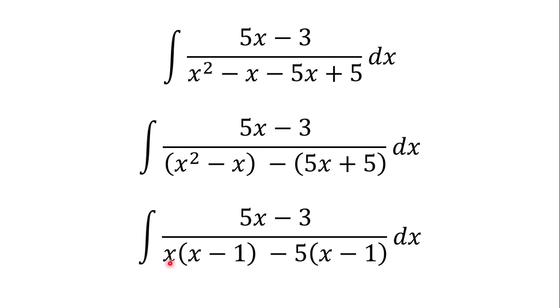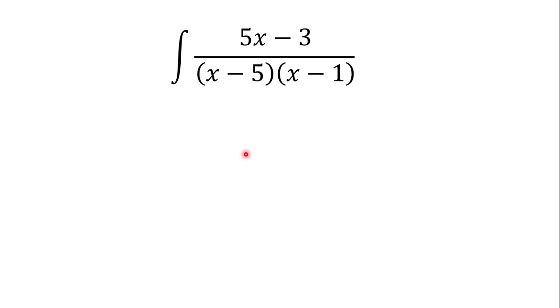Now let's put this one and then this one in brackets and then multiply it by one of these. Okay. Good. So by factorization, the denominator is now x minus 5 times x minus 1. Good. So to